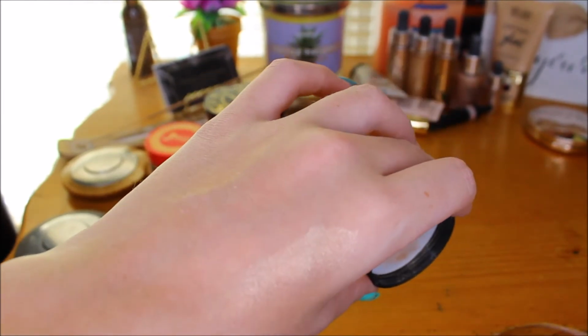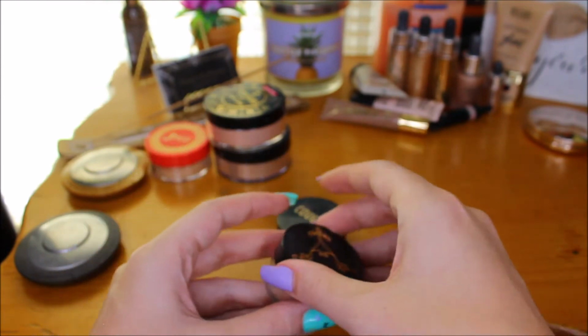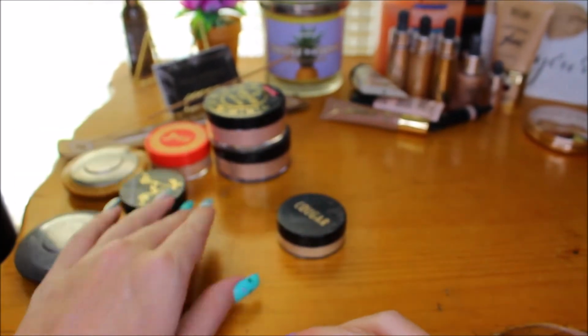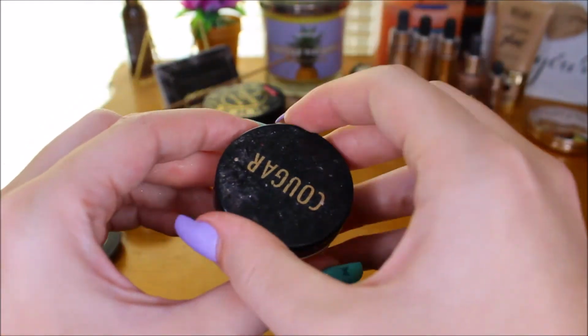Can you see them? See them twinkling back at the camera? But this is actually a really beautiful shade. So, ooh, I'm gonna keep that. I'm gonna try it out. See, this is why I also like these little declutter videos, because I'm remembering now what I actually have. Now this Cougar one I feel like was really blingy and I can't remember, but this is the